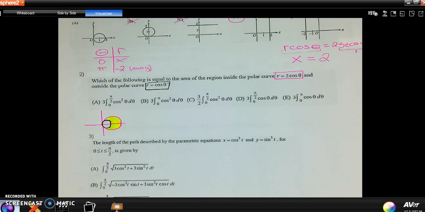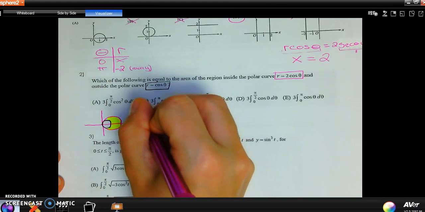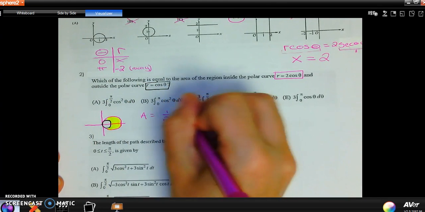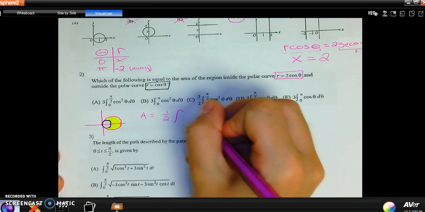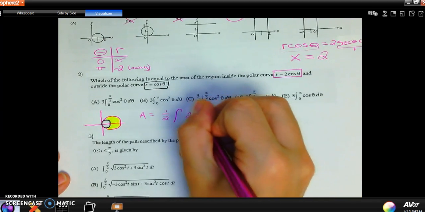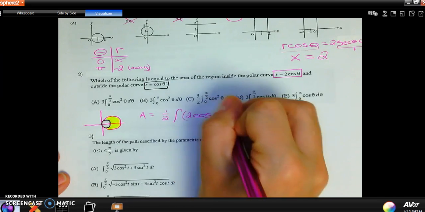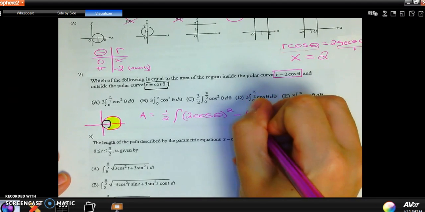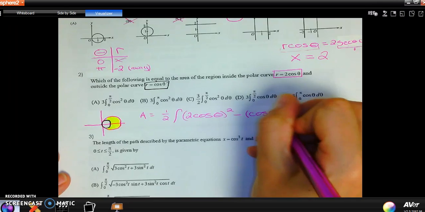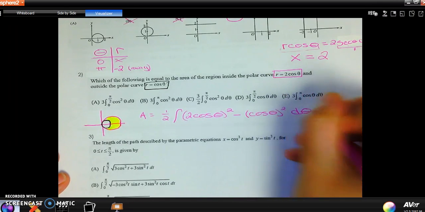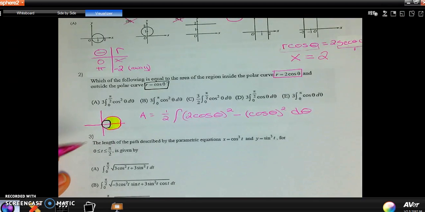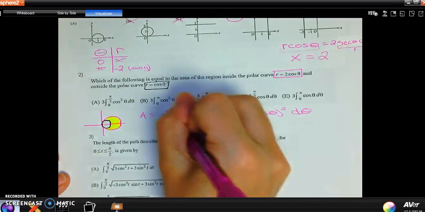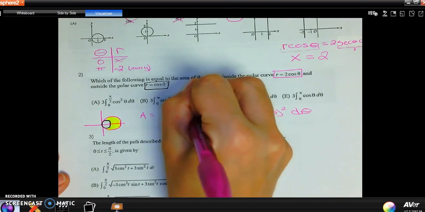the outside. So I'm able to use that formula, where the formula says that the area is 1/2 the integration of the outside squared. So again, my outside was the pink, so that's 2 cos theta squared minus the inside squared. So the inside curve was cosine theta squared d theta. And when I do this, I always go from 0, and then I would go from 0 to pi over 2. But the problem with that is, if I went from 0 to pi over 2, that